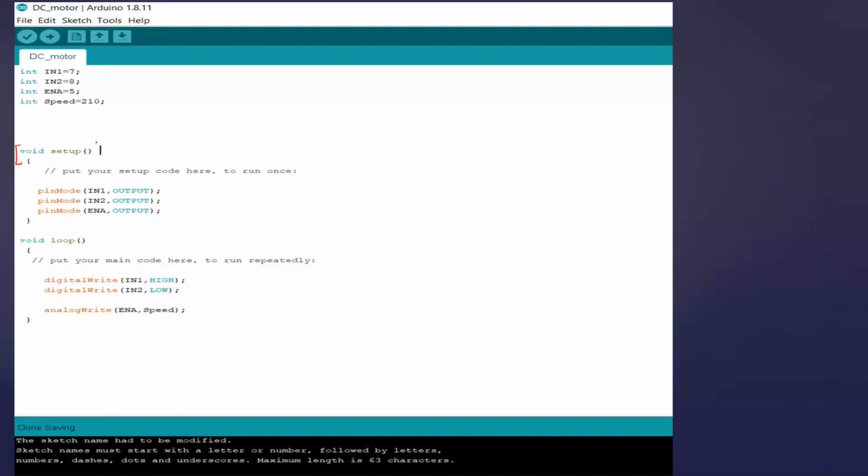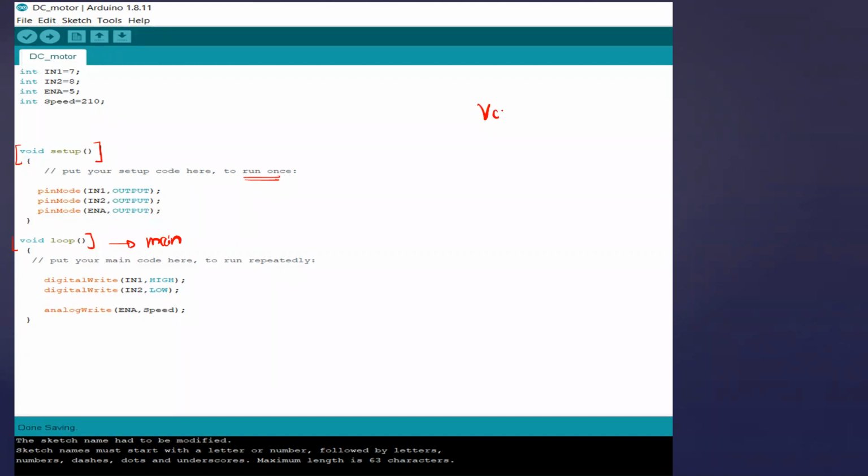One is void setup and the second function is void loop. In void setup, we assign some code that will run only once. You can observe here: put your setup code here that will run only once. And void loop is similar to the main function in the C language. You are familiar with the C language.